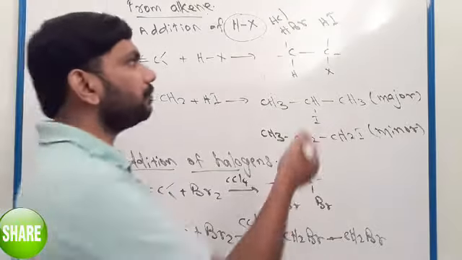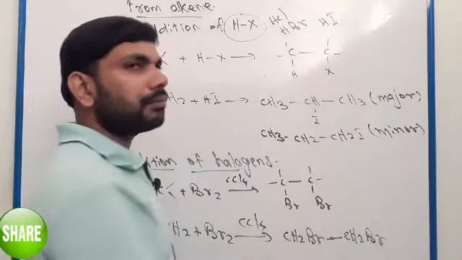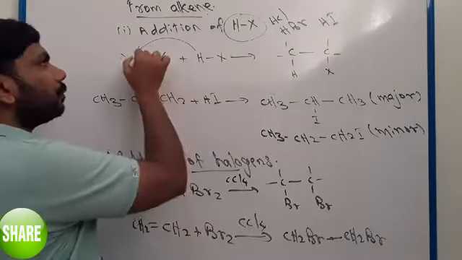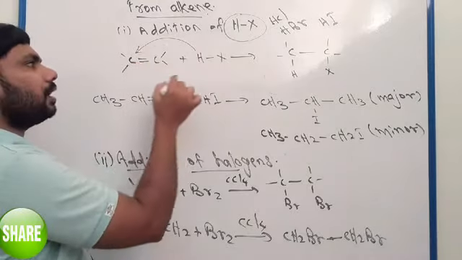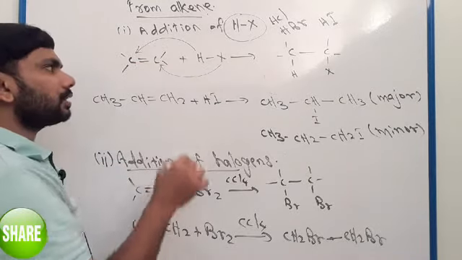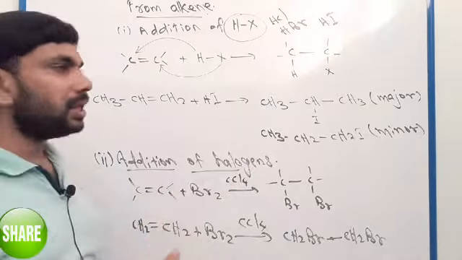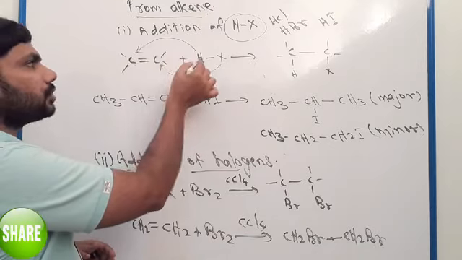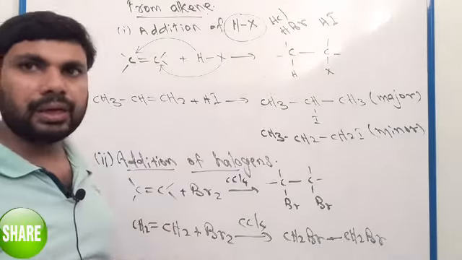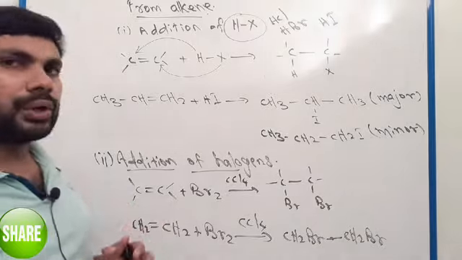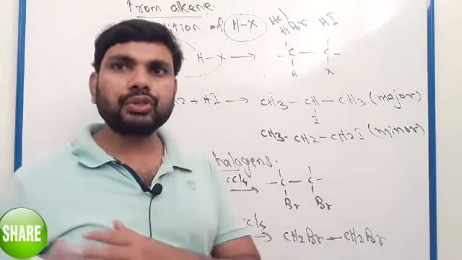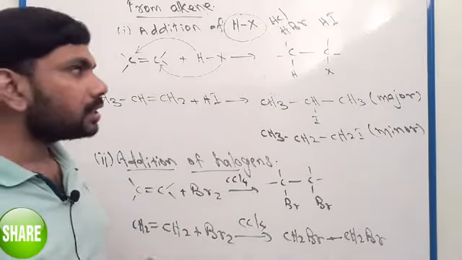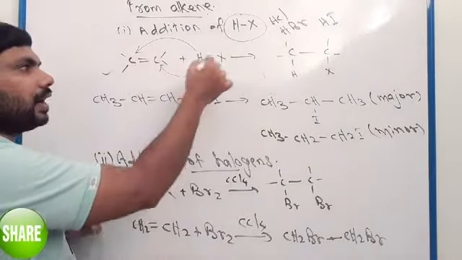After addition reaction, we know this double bond will change to single bond. Here HX. So one of the hydrogens will go to one of these carbons and the halogen will go to the other carbon, or you can exchange, halogen coming to this carbon and hydrogen coming to this carbon. You can do it either way. So it means hydrogen goes to one of the carbons and halogen goes to the other carbon, then the carbon-carbon double bond will change to single bond. So this is addition reaction, addition of hydrogen halide.